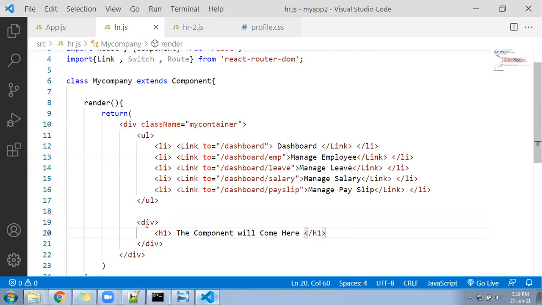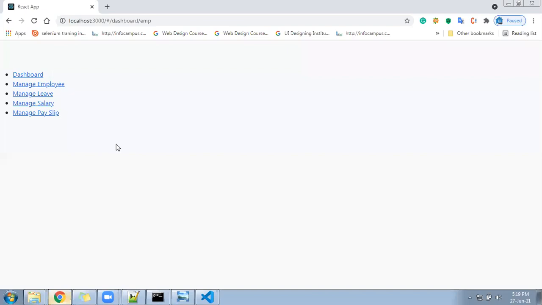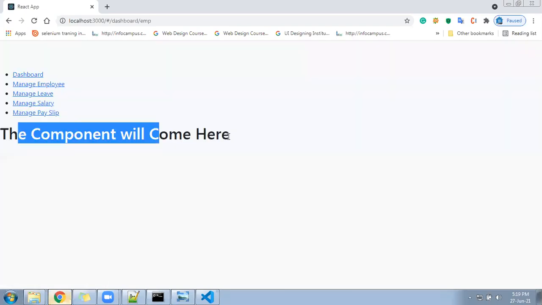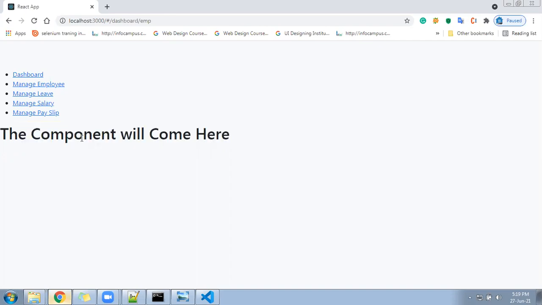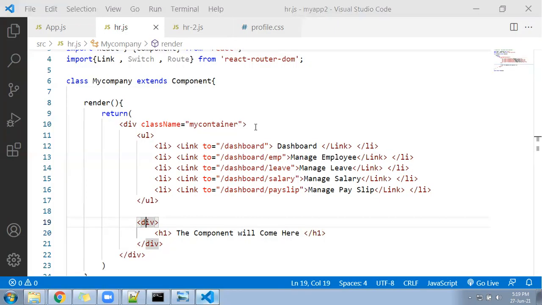Now let me go to my browser and show you what is happening. You can see by default when H1 has come, the component will appear here. Wherever I am going to click, that component will come here. But this is static as of now, it is not changing.